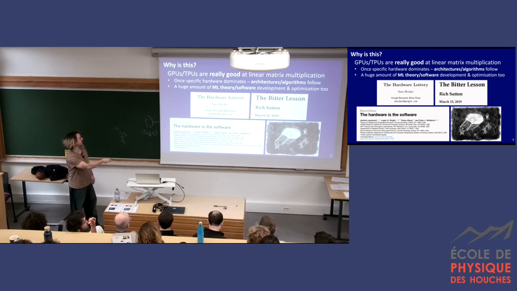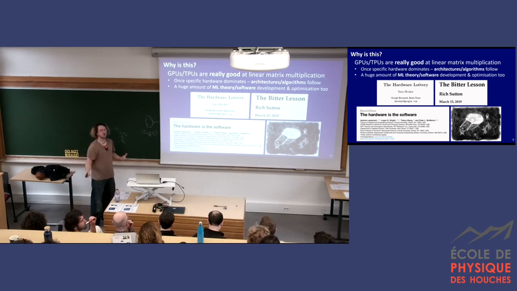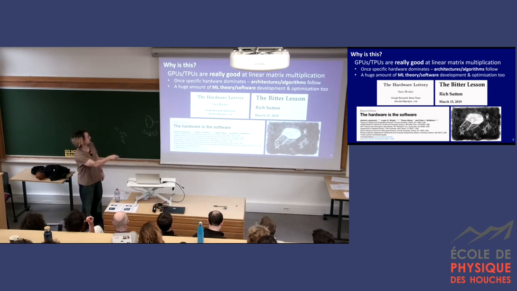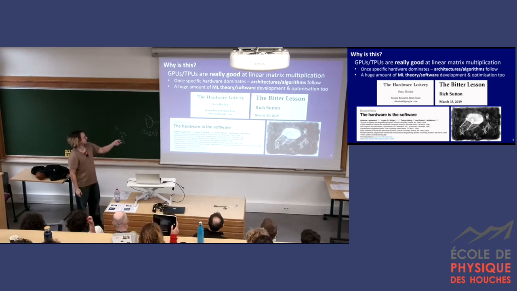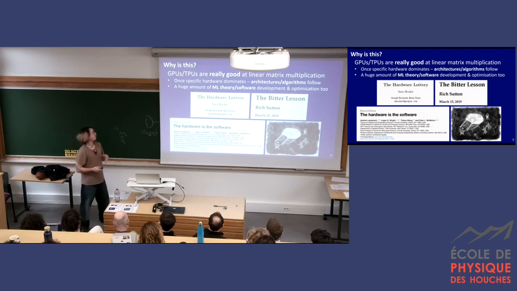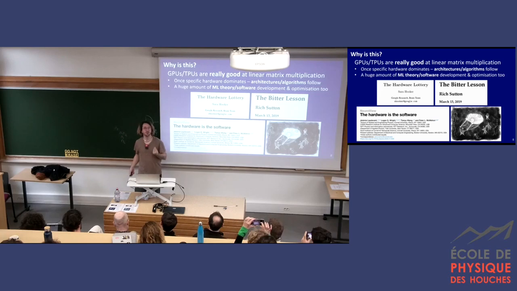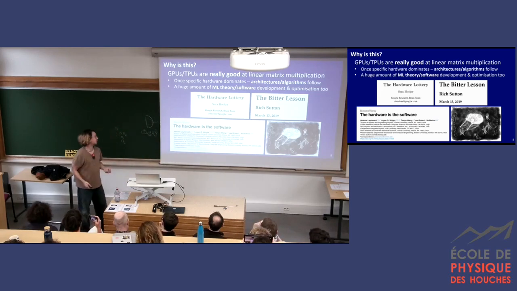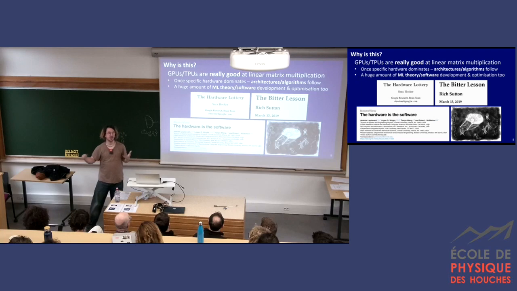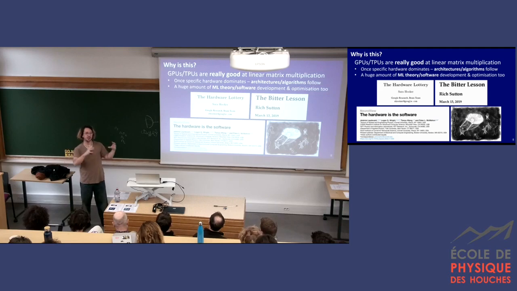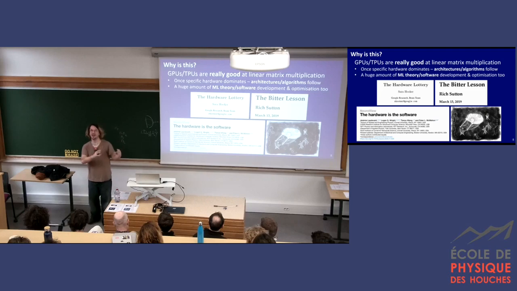So I want to point out three papers, think pieces, commentary that I really like. This one here is from some people in the audience, and if you haven't read these, I really recommend it. They're pretty short, they're really thoughtfully written, and they spell out, coming from different angles but overlapping quite a lot, why we have ended up with the machine learning frameworks that we have today. They argue, and I really agree, that what we might think of as the best, purest, most powerful algorithms may be that, but only with the caveat that they're the best ones that make use of the most efficient or most scalable hardware we have today.